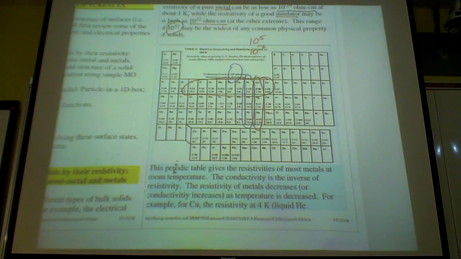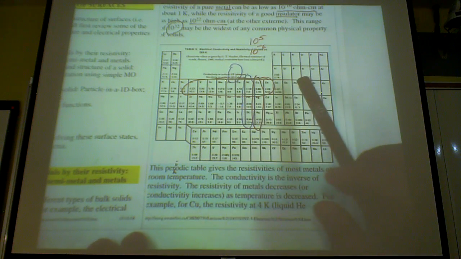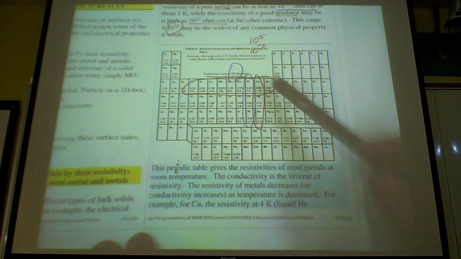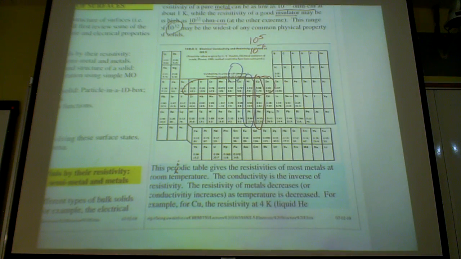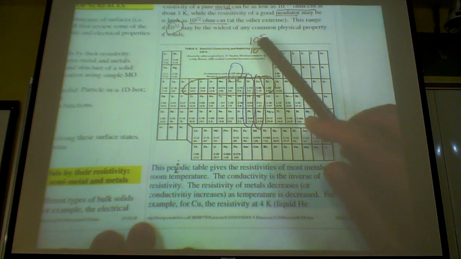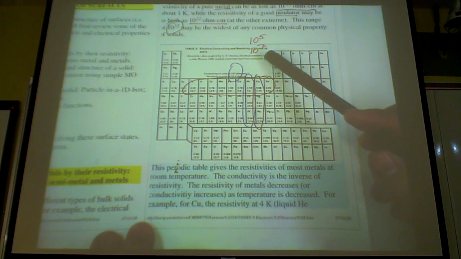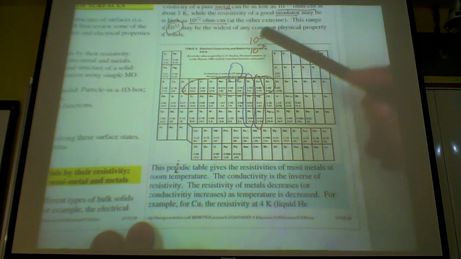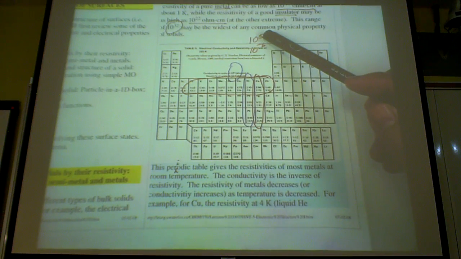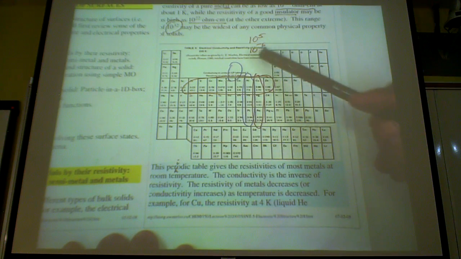It lists the resistivity, the bottom number, and the top number lists the conductivity, which is 1 over the resistivity. Okay, and the scale is that the top one should be multiplied by 10 to the 5th, and the bottom one, so this is in conductivity, and this one is 10 to the minus 6 ohm centimeters for